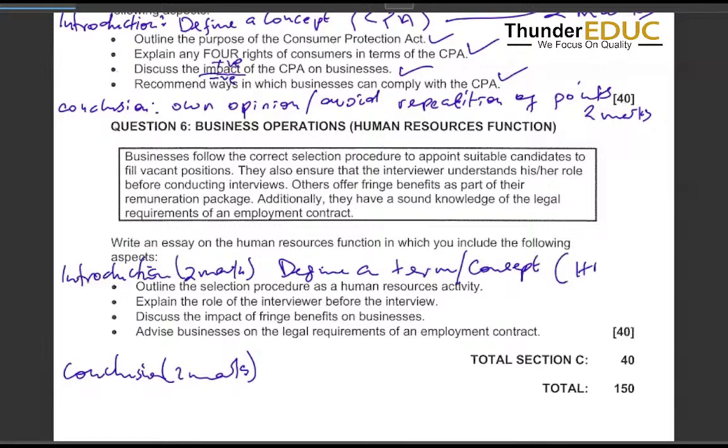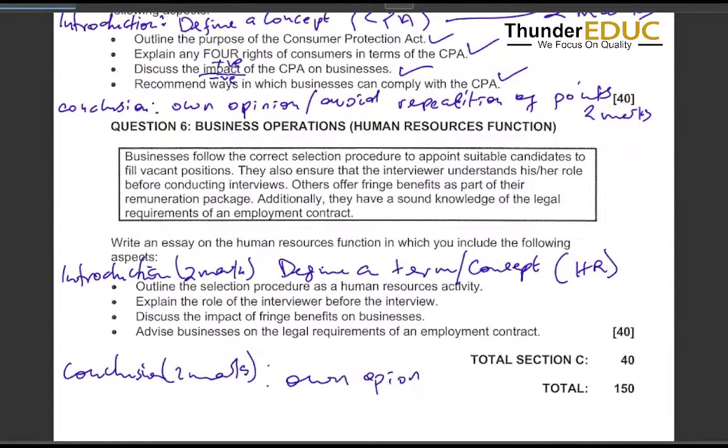So in this regard, you are going to define HR. Now here under conclusion, you write your own view or your own opinion. Okay, right. As I did say before, when we talk of a human resource function, it will refer to a department in the business that deals with hiring of new staff and that deals with firing of staff. Okay, right. So now let's check